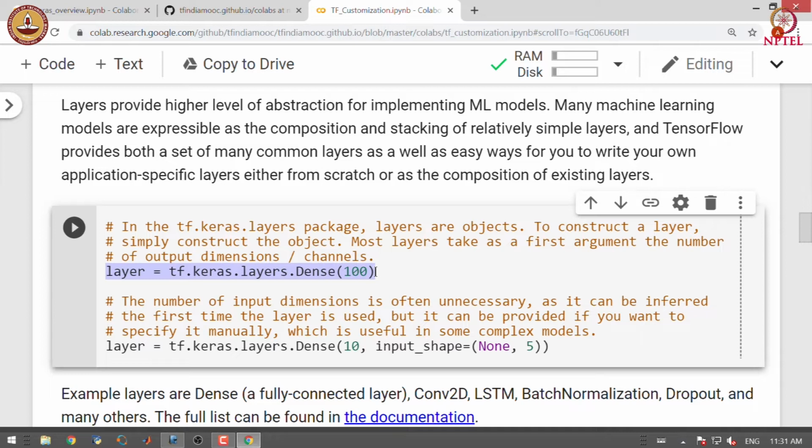We have already used layers in various machine learning operations. These are typical statements that we have seen many times in this course. This particular statement defines a dense layer with 100 units. We can also specify sometimes the input shape along with the number of units in the layer.